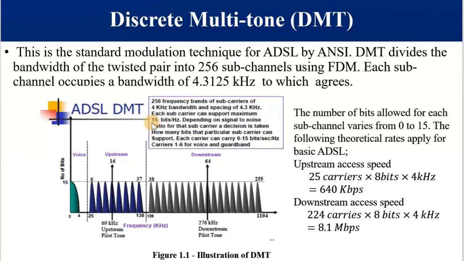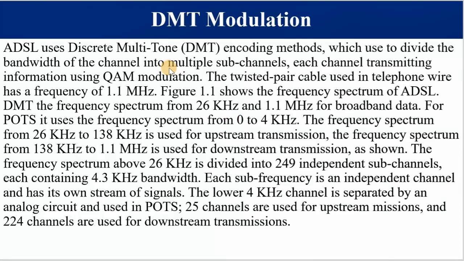As you can see, this is the frequency spectrum of ADSL discrete multitone. This part is used for voice, this is used for upstream, and this is used for the downstream. You can see that it's from 0 to 255, making 256 sub channels. Please take note. In the analysis of the frequency spectrum, we saw that the bandwidth of UTP is 1.1 megahertz,